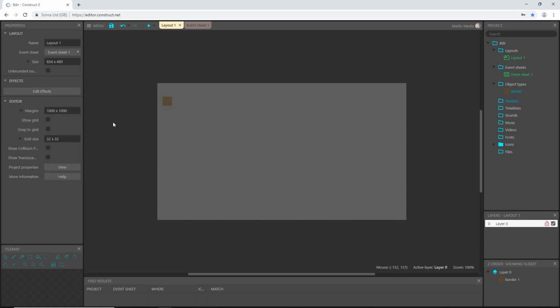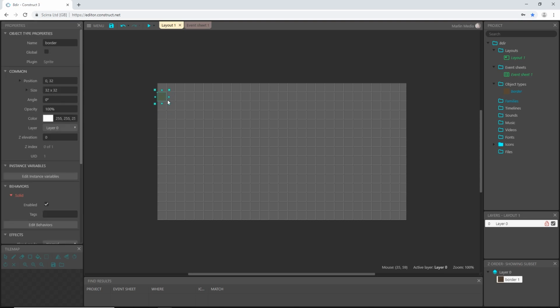Let's click on the layout, and we can go to the layout properties here, and let's show grid and snap to grid. And mine is set to 32:32, and that's what I want to use. So now we can grab this and it'll snap into place where I want it. Control, click, and drag out a copy. So now we have two instances of this border sprite. I'm going to take this one and stretch it, and then I'll do the same for this one.